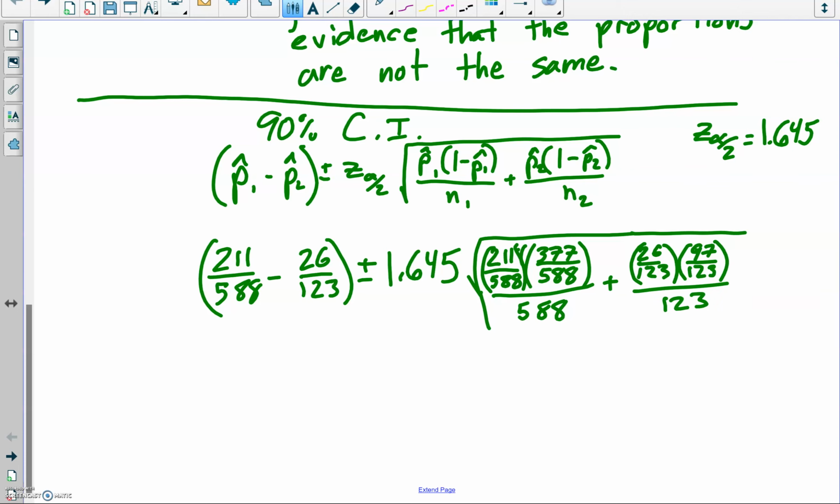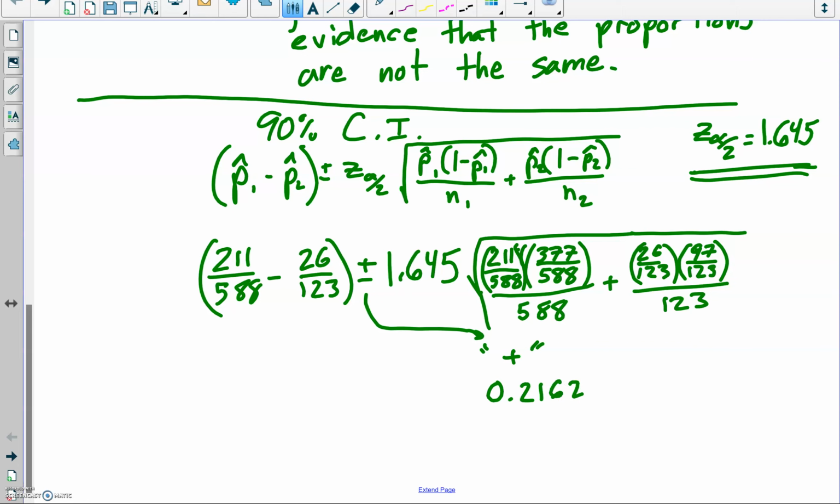So really in these, I'm just trusting the formula here. The most work that has to be done is to get the z of alpha over 2. And again, always take whatever the difference is between 100 and the CI level and divide that by 2, and then use your z table in order to find the z value that goes with that. So when you work this out, the positive value, because we do have a plus or minus here, ends up being